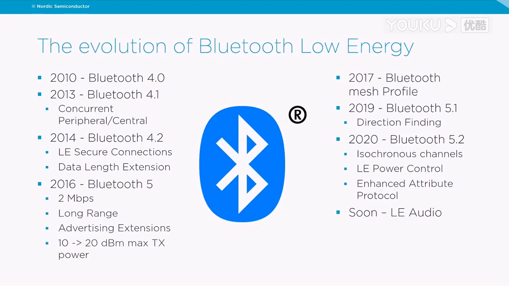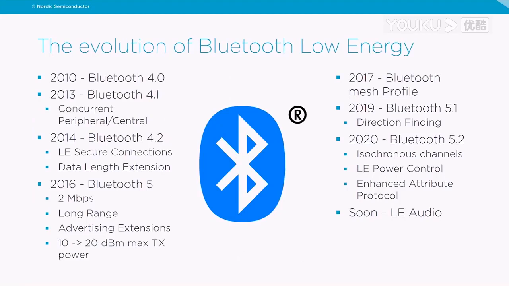In 2013, this evolved to 4.1, where the main feature that was added was that you could have concurrent peripheral and central. A device could also have multiple peripheral connections. I will talk a bit more about that in a later slide, then you will understand what I mean with this. And then in 2014 came Bluetooth 4.2, two main features: LE secure connections, increasing the level of security that